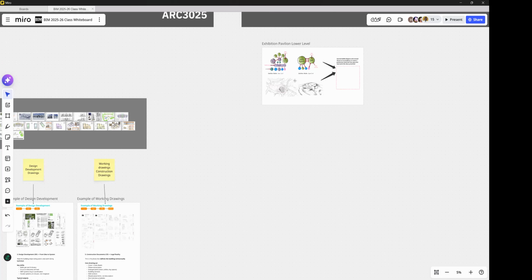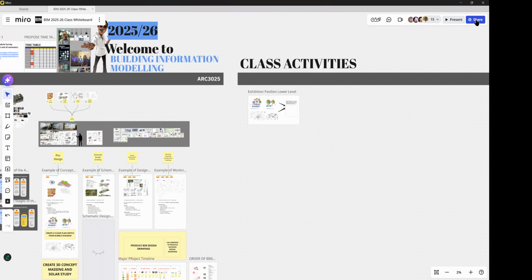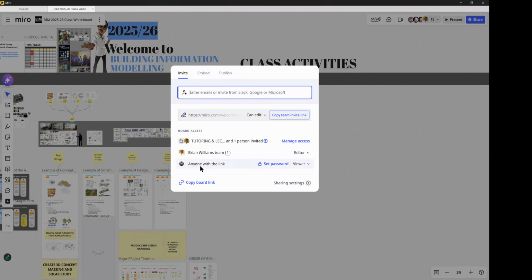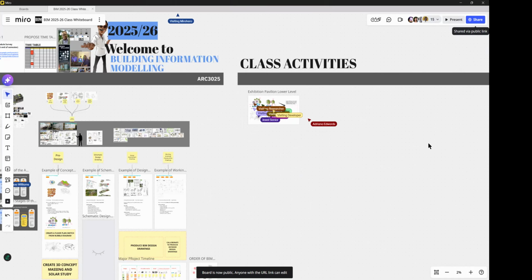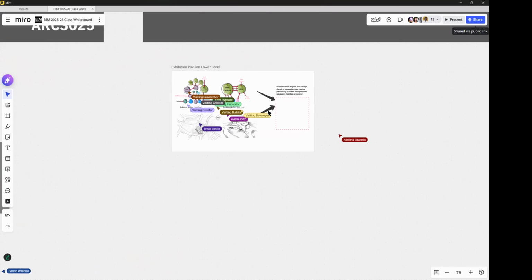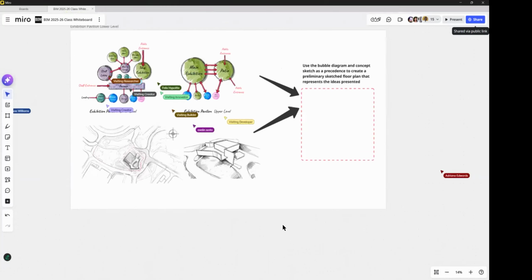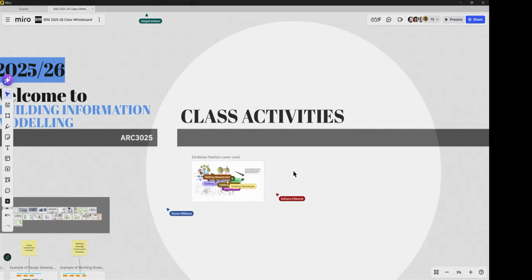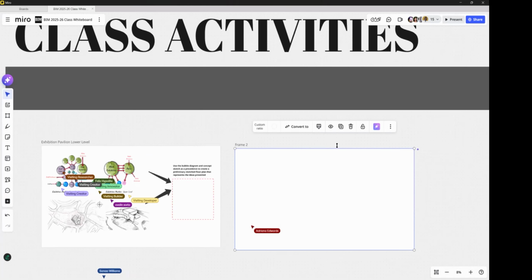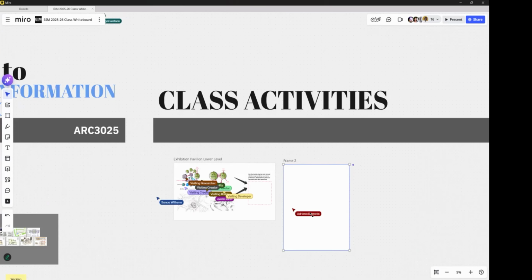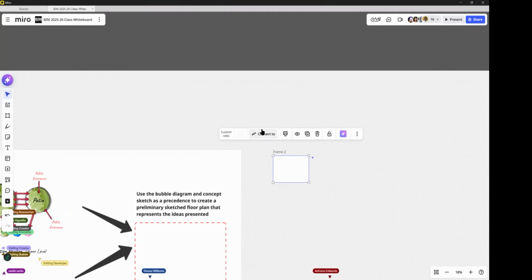So all you need to do is post a picture of your sketch and just put your name and ID. Just stick it anywhere in the class activities section. Let me unlock this thing here. Let me give you a template so that, you know, it must be pretty small.